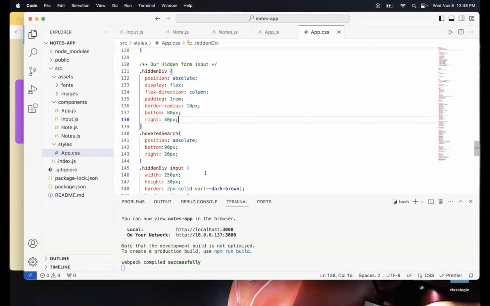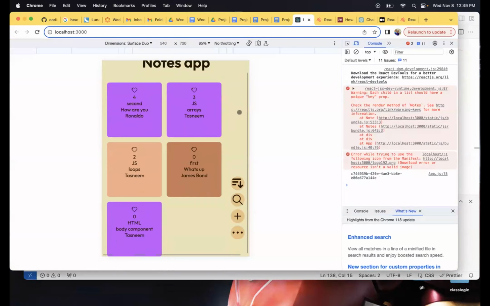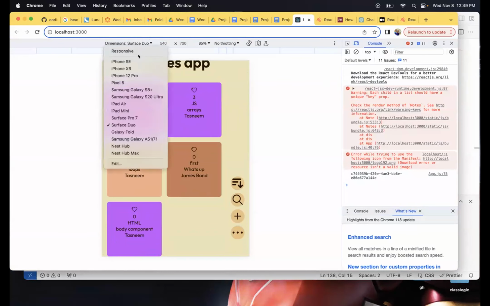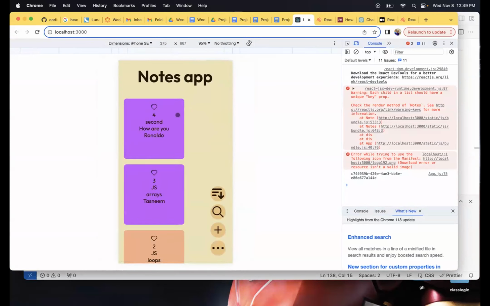I wonder. I'm just looking into a viable CSS for this. I mean, I already have position absolute, so I can't really. Oh no, this should work. Let me inspect. Yeah, it's not really sticking to the end of the viewport for some reason.